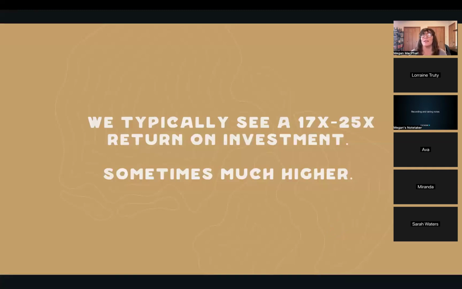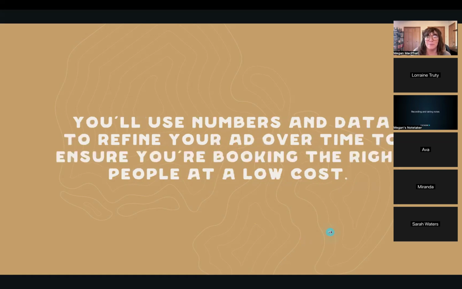So we typically see like a 17 to 25 times return on investment with Google Ads. And with Jen, that was more like 30 times. So these are huge amounts. A lot of people are spending about 15 bucks a day, which again sounds crazy, but then when you book $6,000 worth of stuff that month, it makes it all worth it. It makes all that scary feeling of throwing your money away worth it. And you'll never want to turn your Google ads off, even when you start getting a lot of organic traffic.